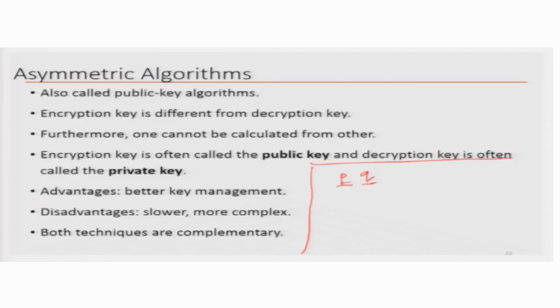Now, you take two large primes p and q and multiply them to get a number n. Then you compute another number, p minus 1 times q minus 1, and call it phi n,